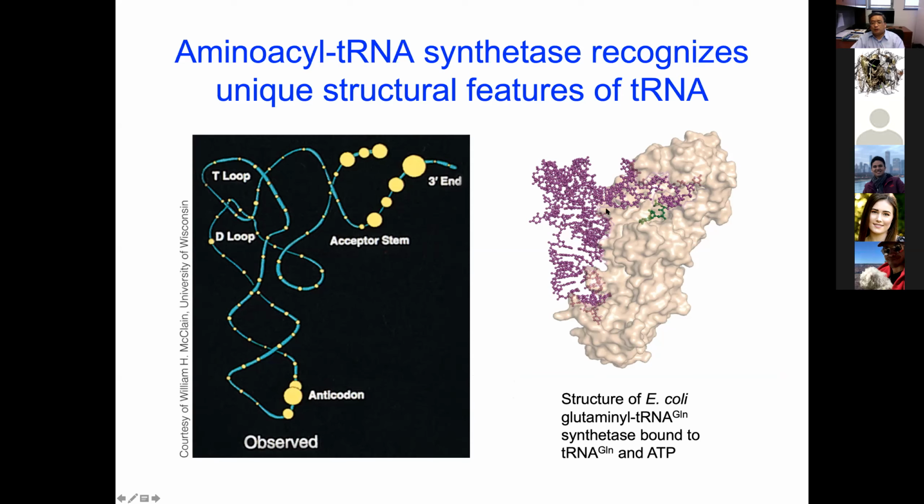So we know it's very important. The correct amino acid has to be coupled to the correct tRNA, and the enzyme recognizes the tRNA and also recognizes the amino acid coupled to the adenylate, and then it catalyzes the reaction of transferring that amino acid to this tRNA. This process ensures every tRNA gets coupled to the right amino acid.